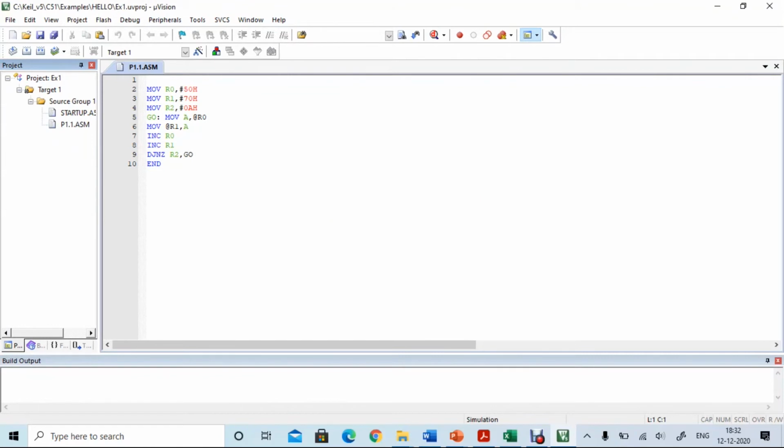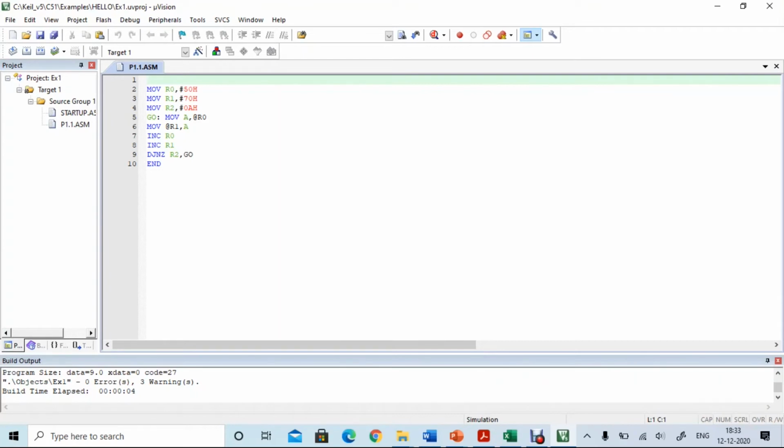Once the file is added, you have to build the target to check the errors. Press F7 on the keyboard or right click on that program file and build target. We can see there are 0 errors and 3 warnings. Warnings can be ignored.